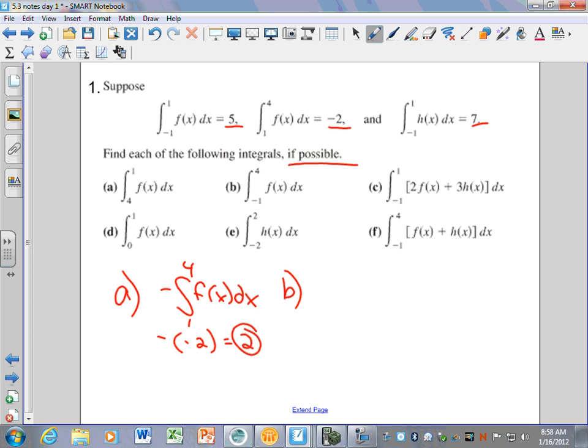This is that additivity, I think. It's the one that I think we're going to use the most of these formulas, besides breaking up, which we know how to do. I want to go from -1 to 4. Sometimes it helps me to draw a picture. I have from -1 to 1, and I have from 1 to 4. And if I know -1 to 1's value is 5, and from 1 to 4 value is -2, and I want to find the whole thing,